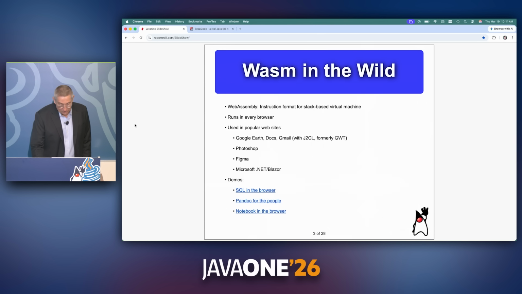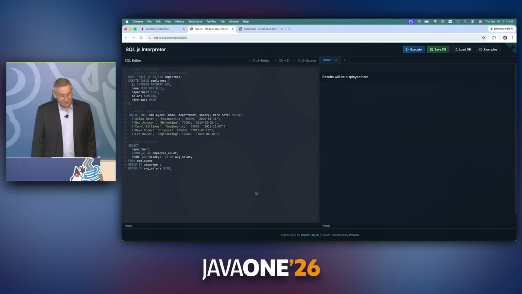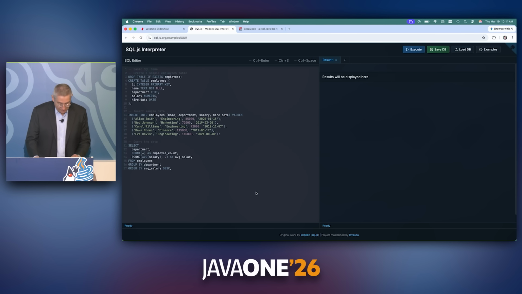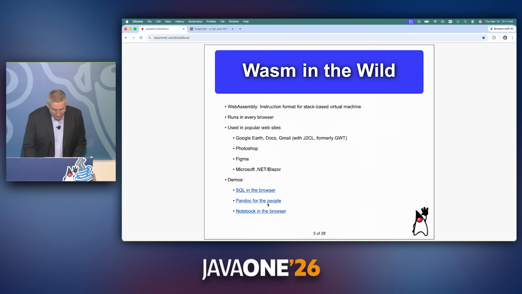I'll show a couple of demos here for a few seconds each. Here we see you can run SQL in the browser. So SQLite was implemented in WebAssembly. And so now you can do your SQLite queries, like if you wanted to teach it, for example. Here we have a little application